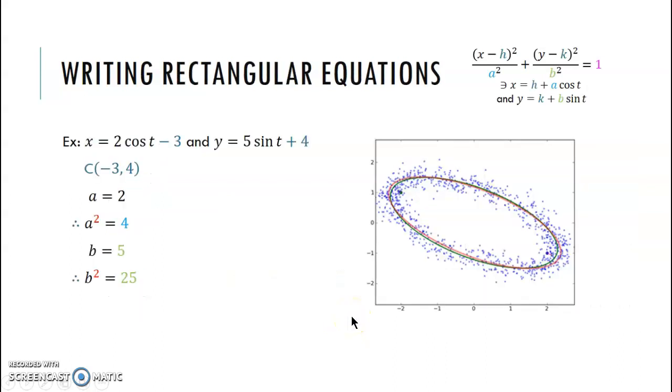Okay, so writing the rectangular equations now. Okay, we have x equals 2 cosine of t minus 3 and y equals 5 sine of t plus 4. First thing you want to do is pull your center out. So your h and your k, you have negative 3 and 4. Okay, and then you have your a is equal to 2 from the cosine. Square that because you're going to need the squared version. So a squared equals 4. And then you're going to need your b